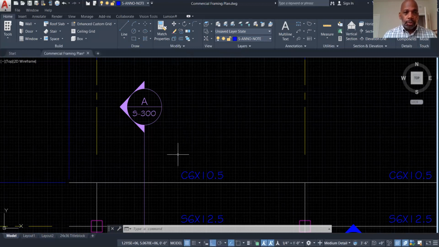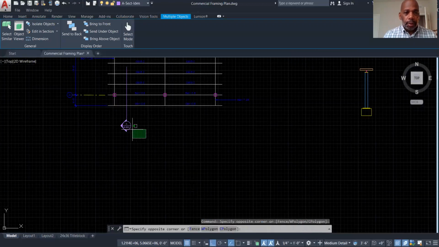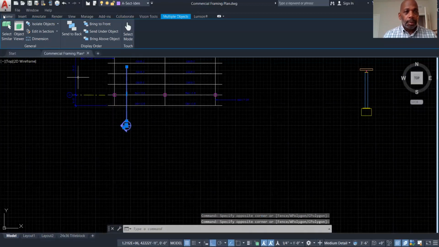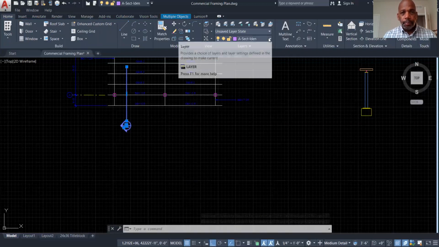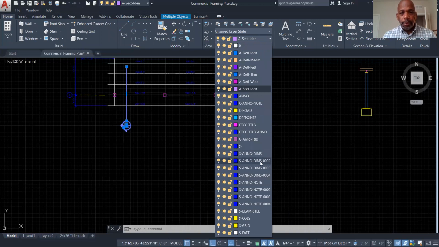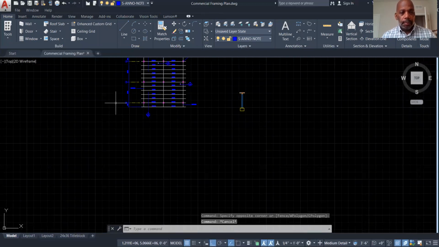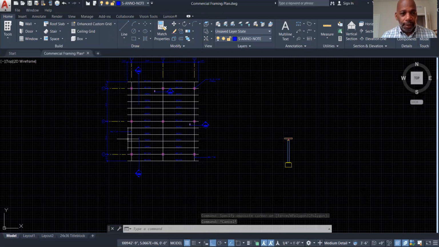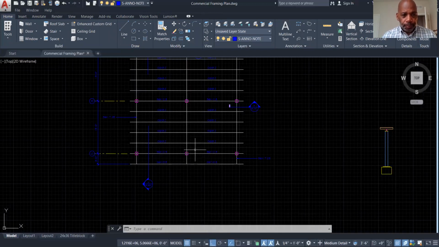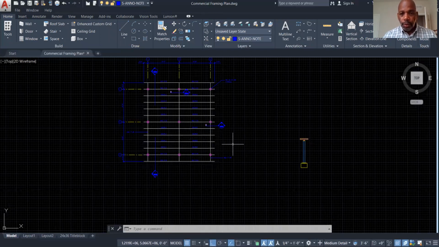So I'm just going to go here, select it here, go back to the home tab. S anno note right here. Good. Skip out of that. All right. So now we've added all of the annotation here, right? Okay. Good. So that's how you're going to do